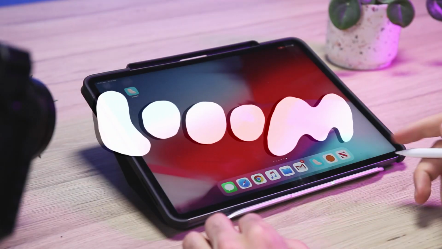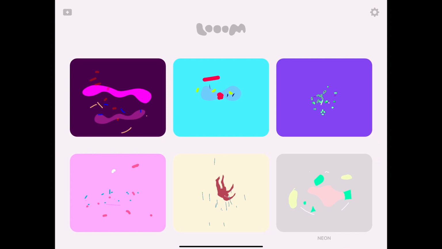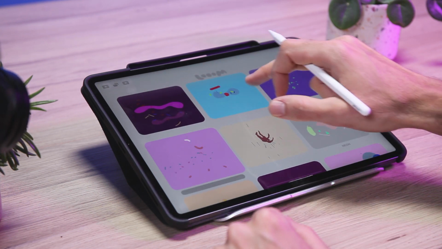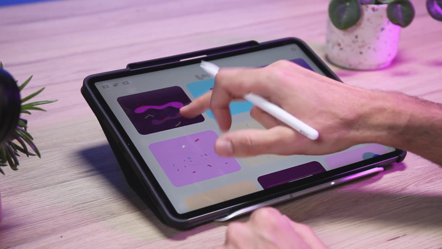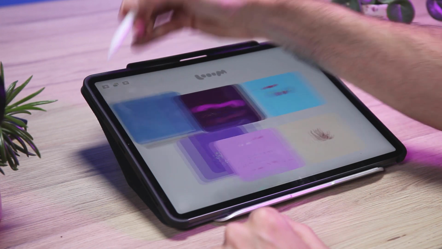Loom. Okay, so let's jump into Loom and have a look. So here we are on the home screen where all your projects live, and basically you can browse through and preview each individual animation, and you can create a new one by pressing this plus button here on the upper